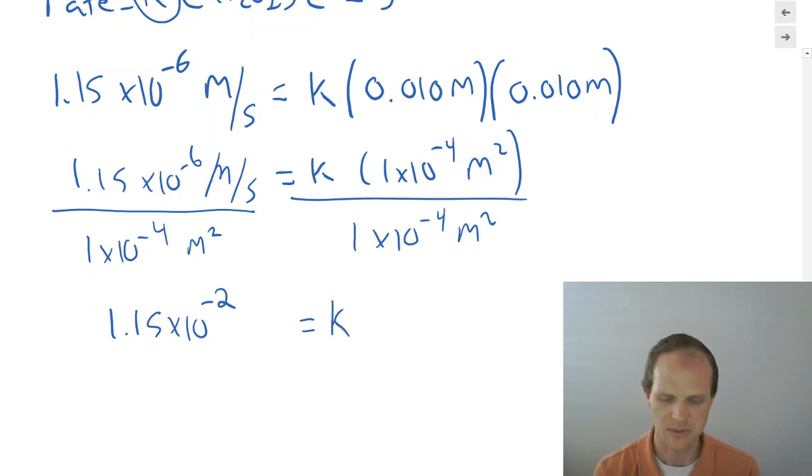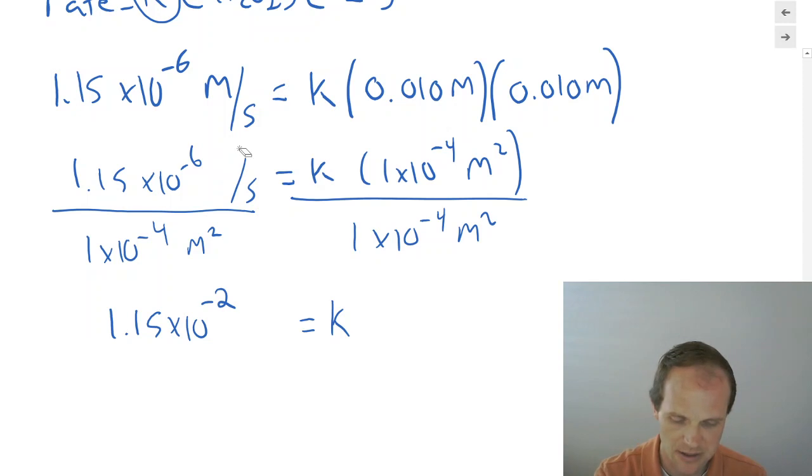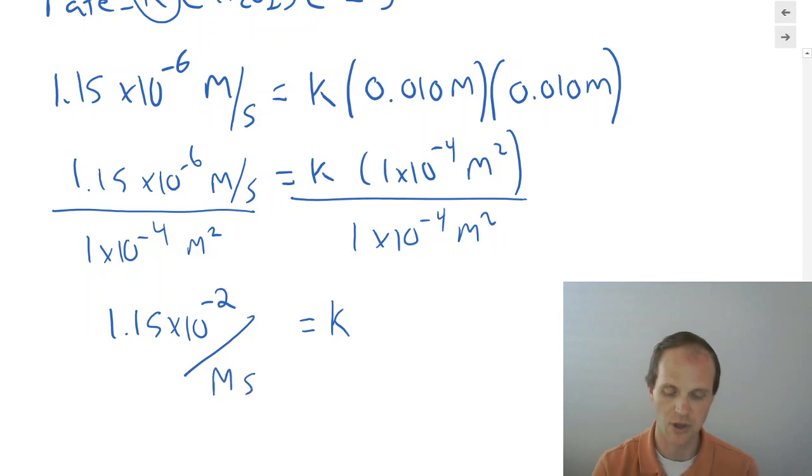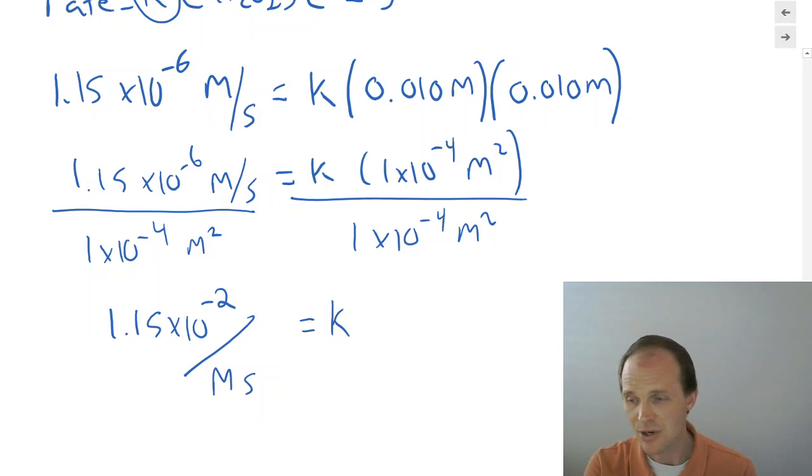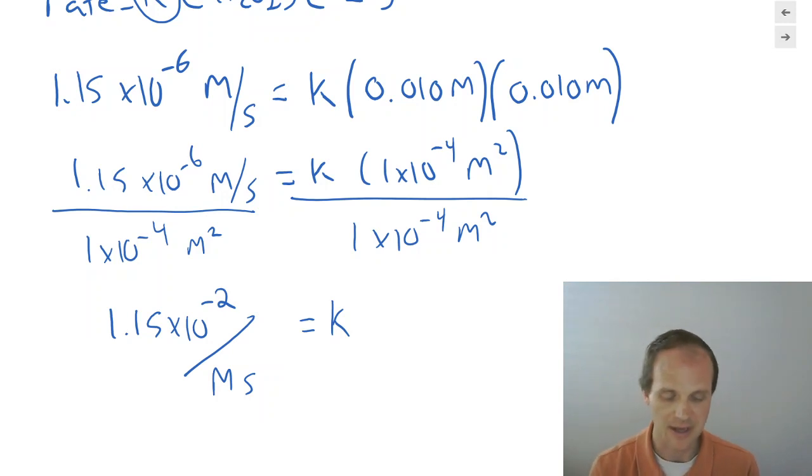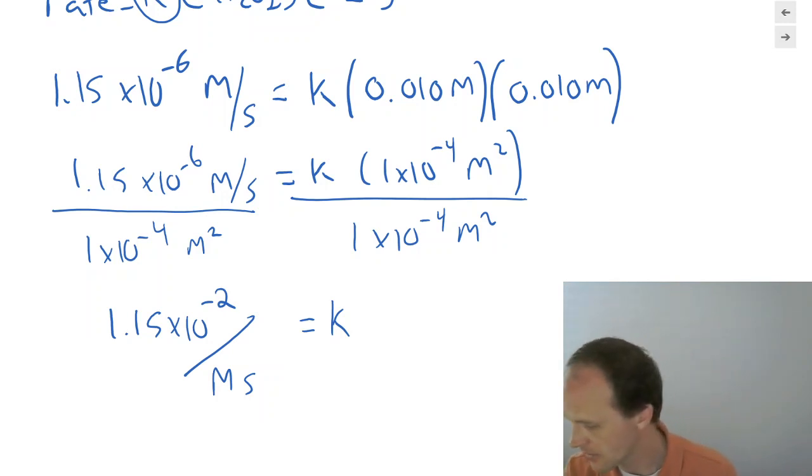Is that great? No, we've got to figure out the units. And what do we have? We had molar per second. Molar per second divided by molar squared. And so our units actually end up being per molar second. And if you remember, the units of k are the units of k. You don't really have to worry about them too much. All right? So that's how we would do it. We'd do all that math out, and we figure it out that way.